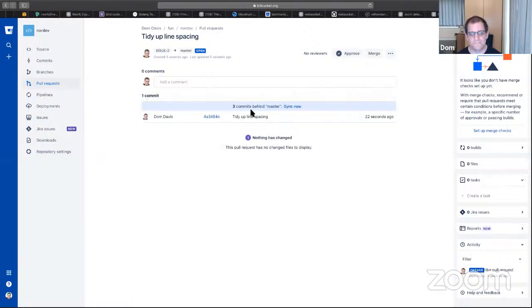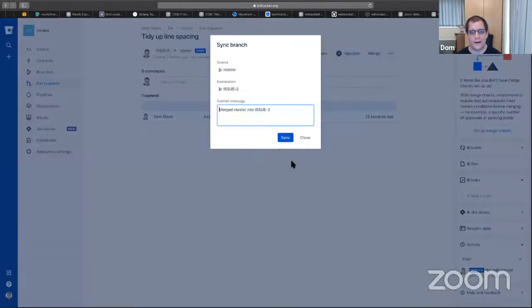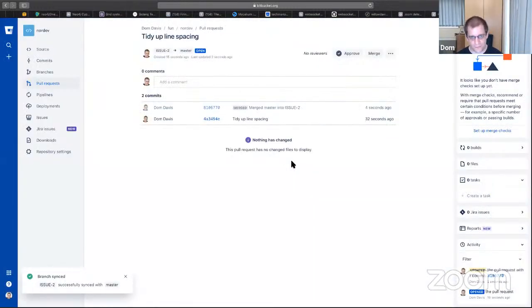I've got problems. I am 3 commits behind master. Now, Bitbucket is quite nice. It'll allow me to sync things, and we'll do a merge, and this is all nice and fast forward. And it's actually realized, although the line changes are identical, it can work out that the thing we're ending up with is fine. But I've now actually got an extra commit in there that I didn't need because I was out of sync with master, and I'm going to mess things up a little bit if I merge that. I'm actually going to end up with more commits than I want. What I can do,